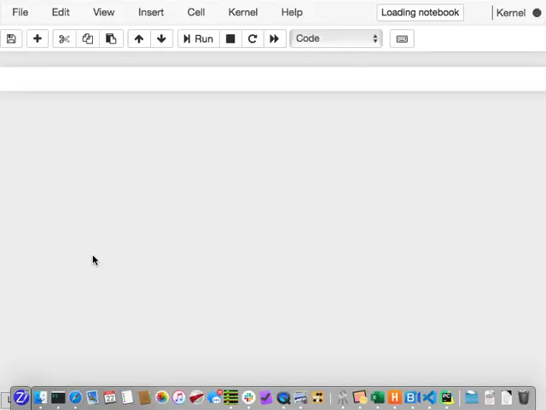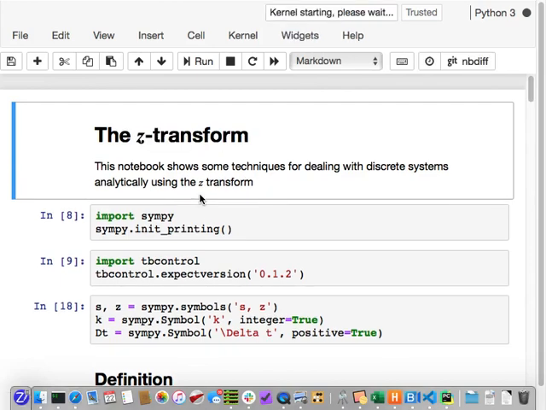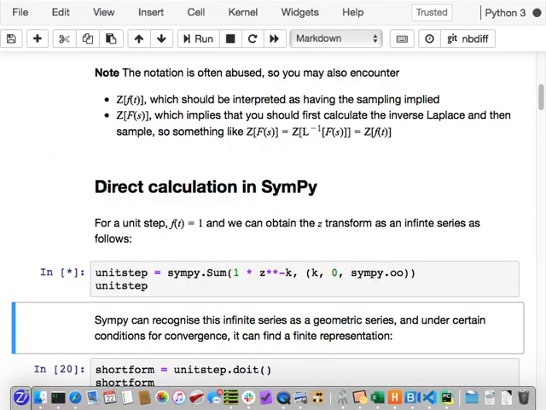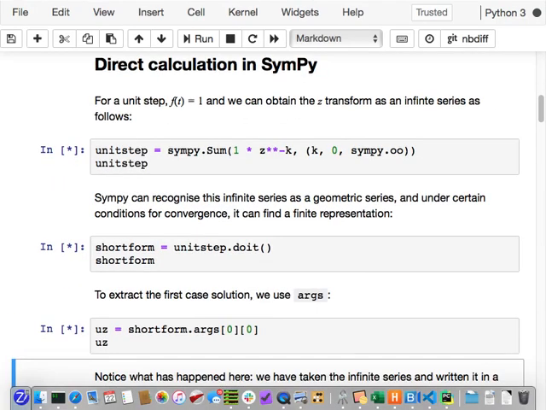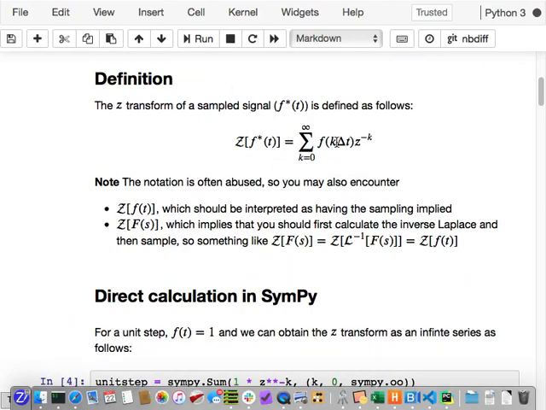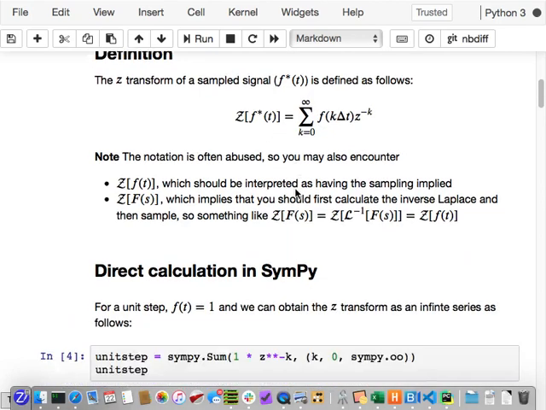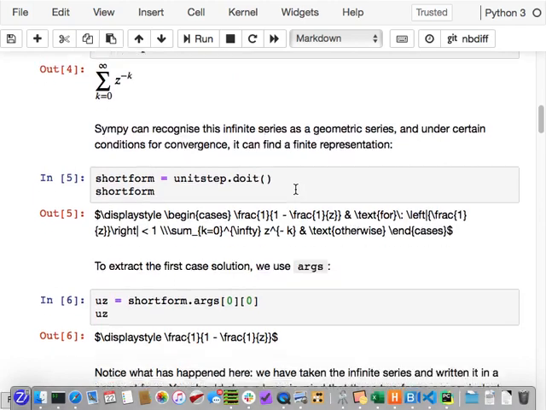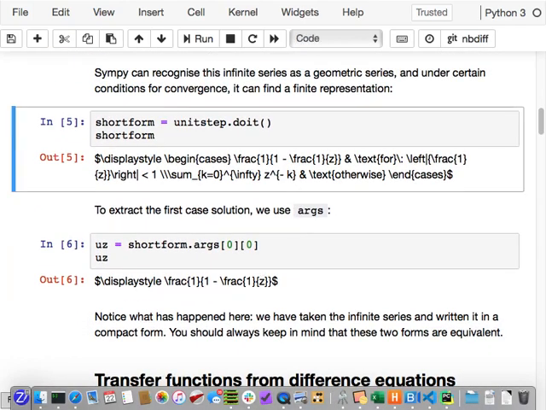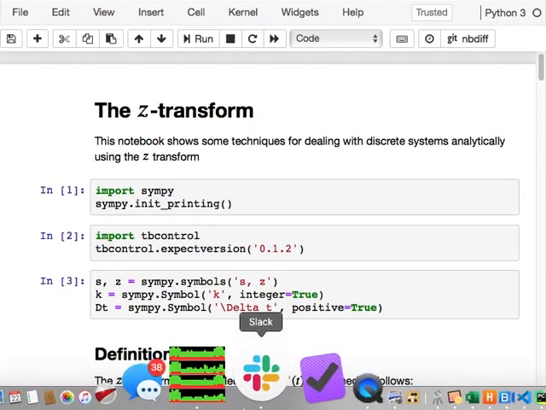And we started doing this yesterday. Remember that we used SymPy. SymPy can be used to develop the Z transform in the first place, right? So you can kind of get there with SymPy. You can do this infinite sum. But you can also go backwards. And so, given a little bit of time,